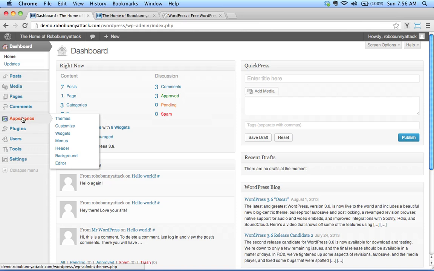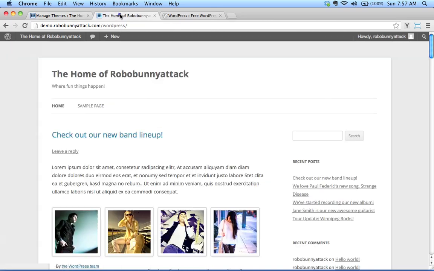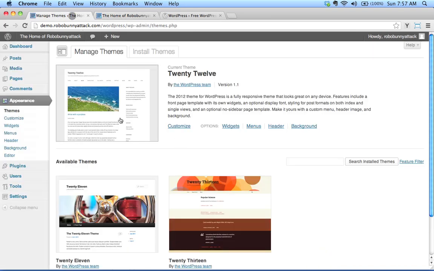Under appearance, I'll just go ahead and click on appearance so I can show you what's here. The very first menu item that shows up is themes, and we see a window that allows us to manage themes. In this case, because I began working when I first installed this, I had installed WordPress 3.5, and the default theme for WordPress 3.5 is this theme called 2012. Don't worry too much about how this works. That is what we see, a little preview here, and generally speaking, it looks very similar to what we've got going on here, layout wise, and it's not the most exciting theme in the world,